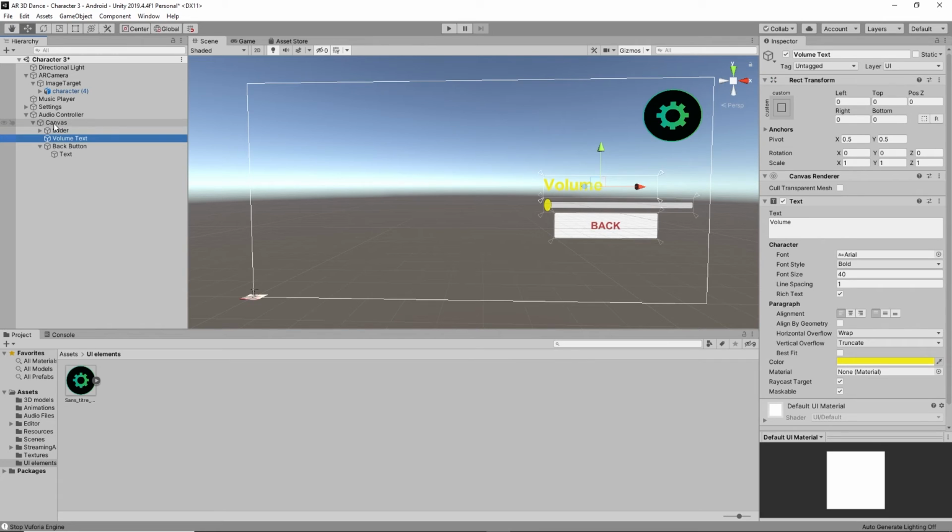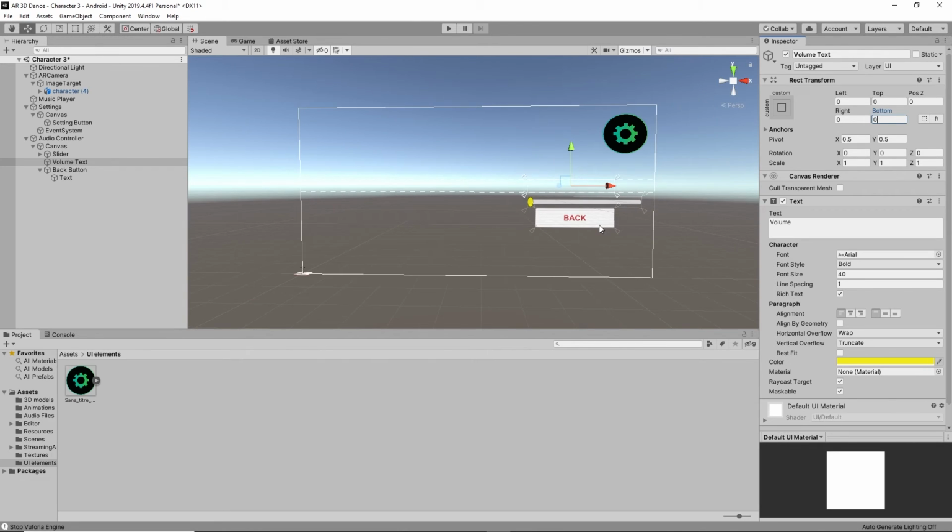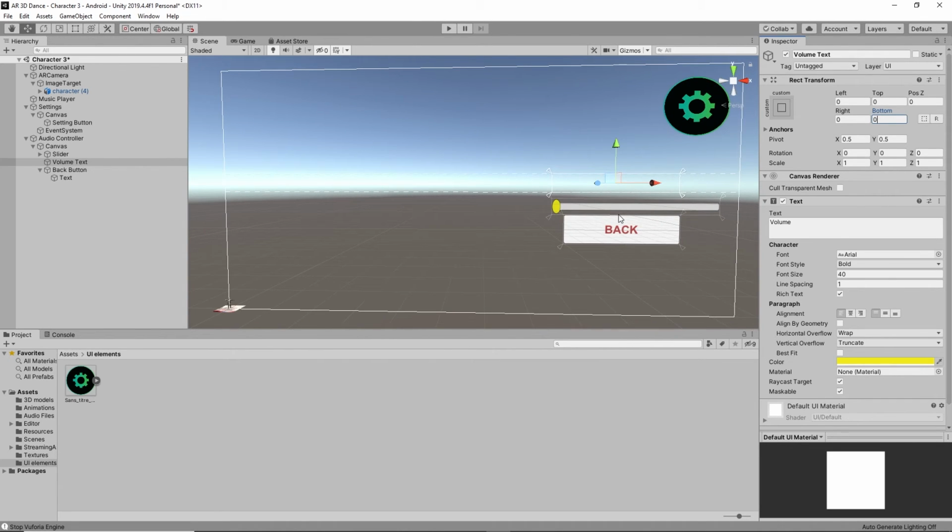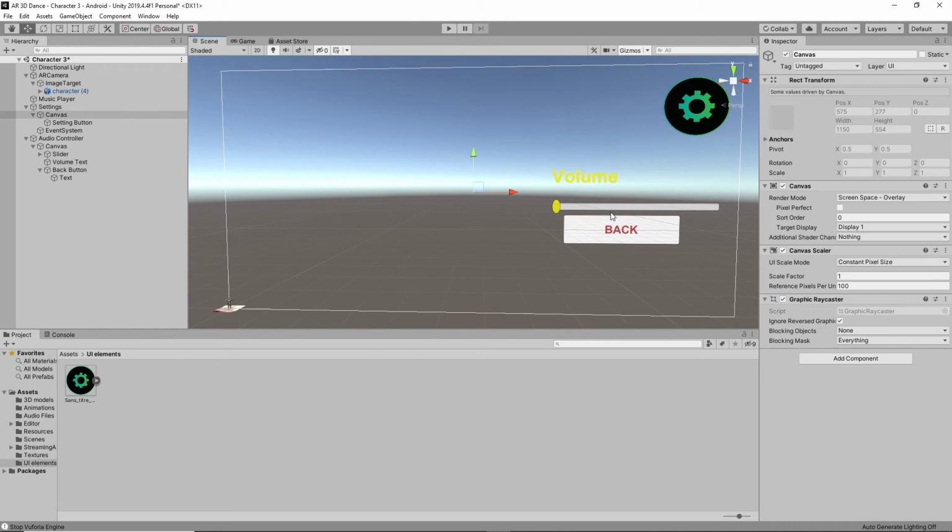Let's see. Make it 0 0 0 0. Where's our text? Yeah, I can increase it to 35 or 30. You can change it. Now